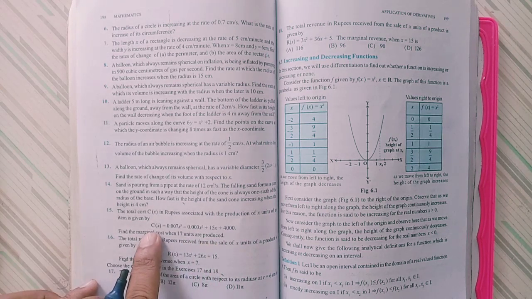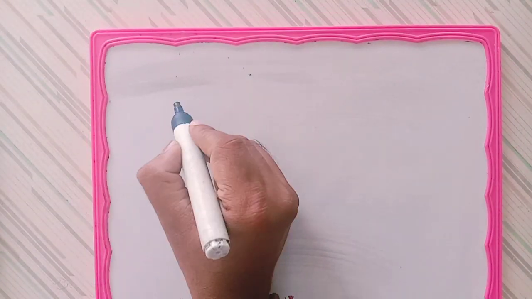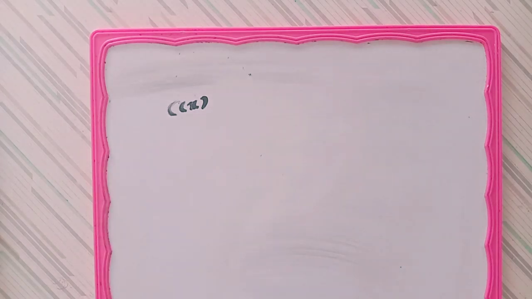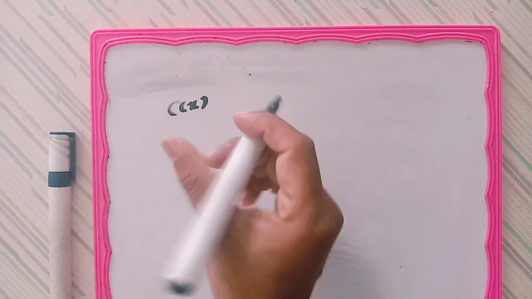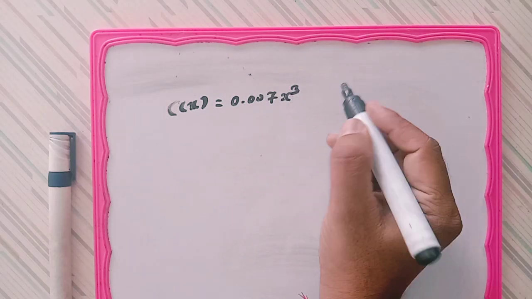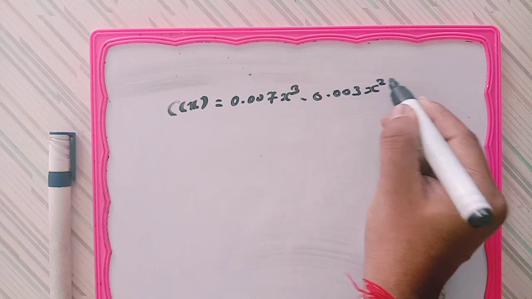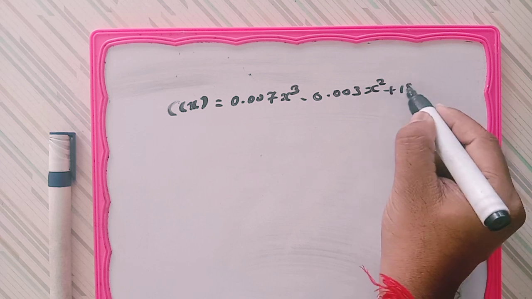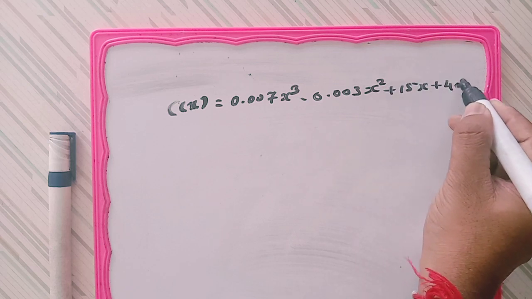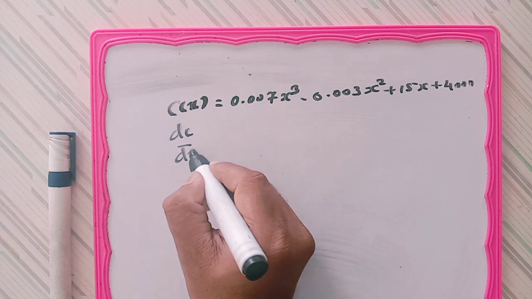Marginal cost means we have to calculate the variation of C with respect to x, and so here C(x) is given. So we calculate dC/dx,